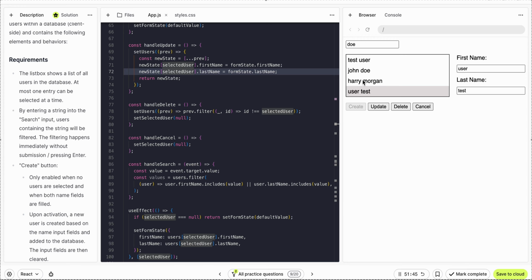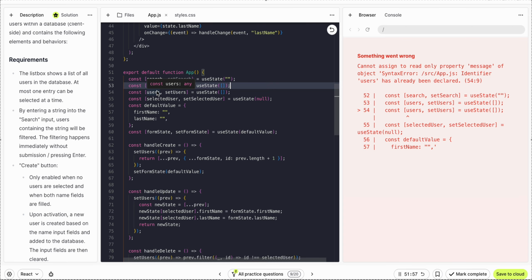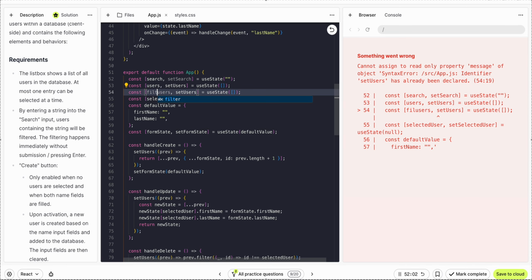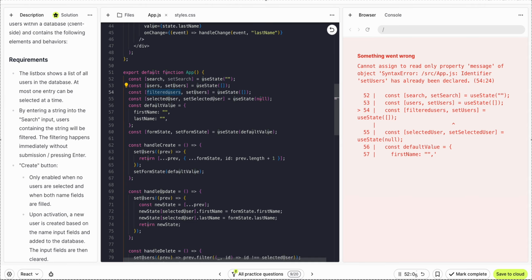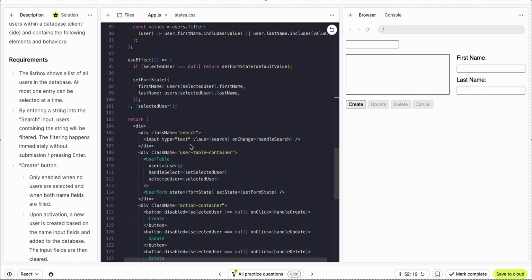So we can have a different list here, state for that filtered users, so that is a kind of naive approach. Filtered users, set filtered users, okay, then set the value